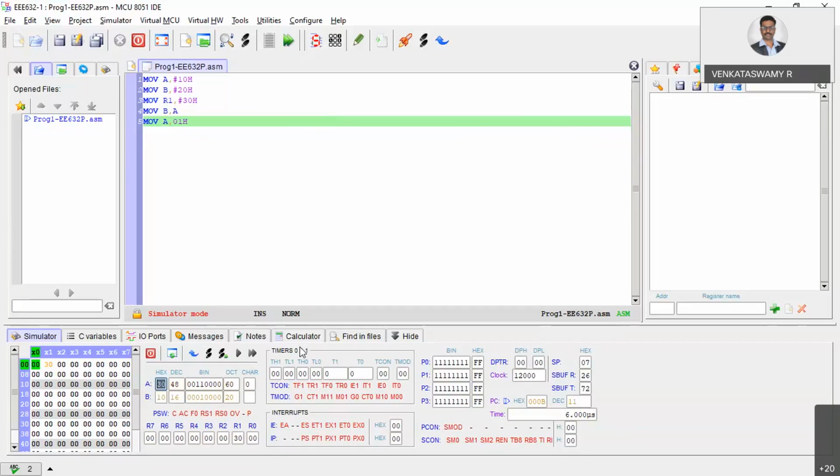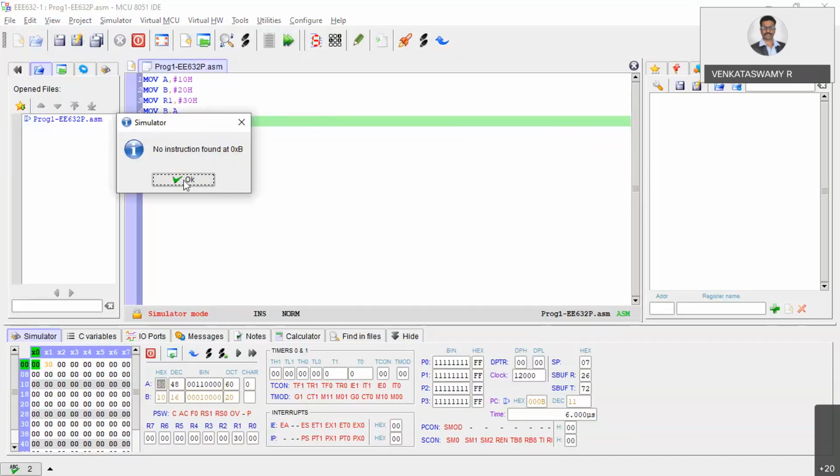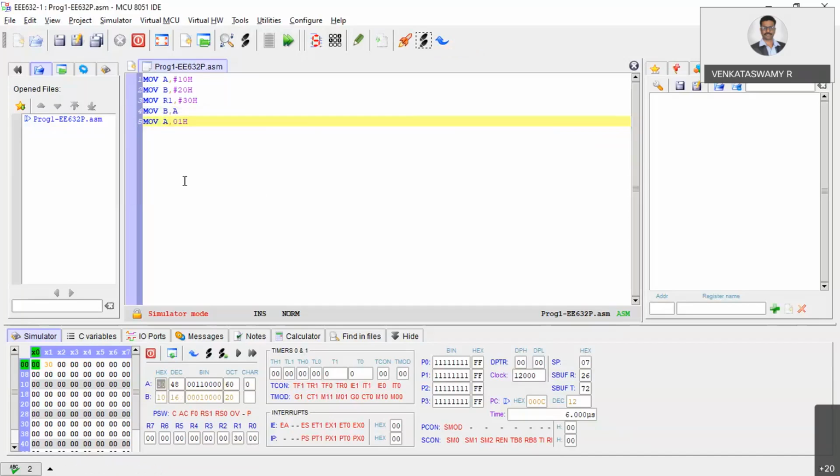Can you see what kind of data transfer happened? The content in the 01th address is moved to accumulator. In the first case, what happened? The content 10 itself is moved to accumulator. So this is the kind of data transfer you can do using microcontroller. We can explore and discuss many data transfer operations in future.